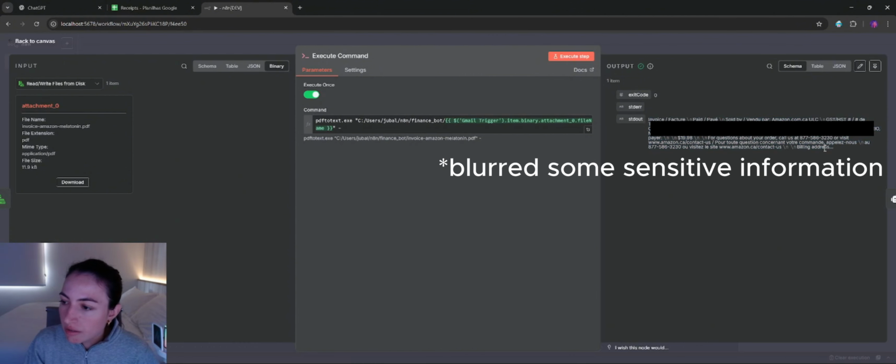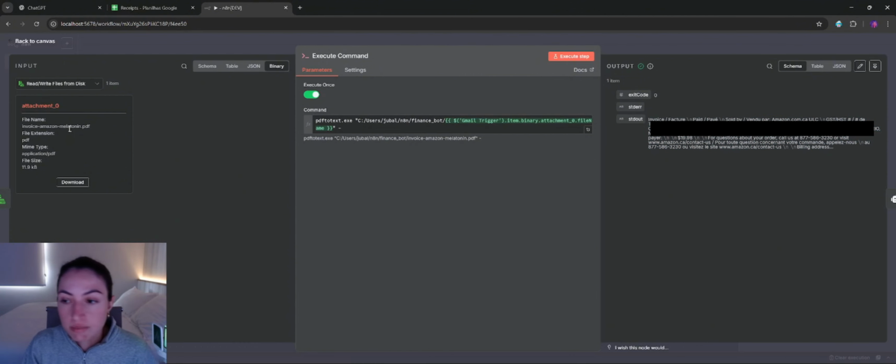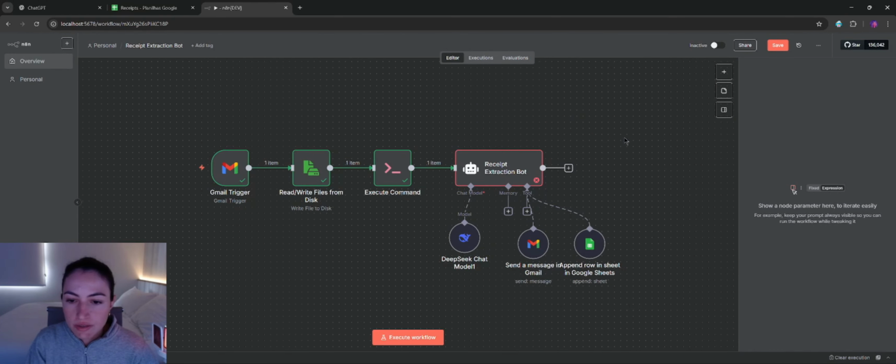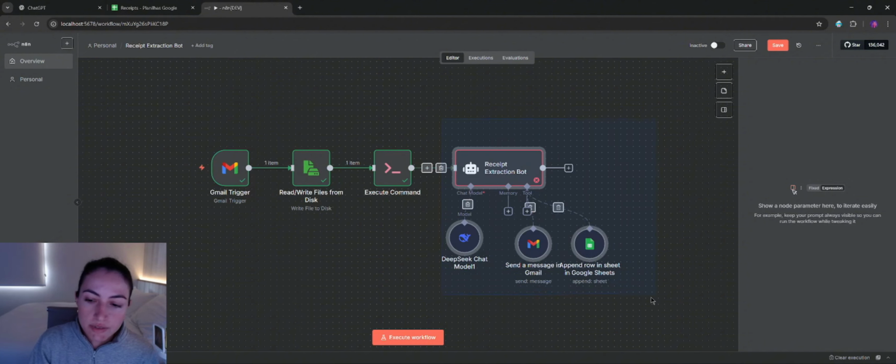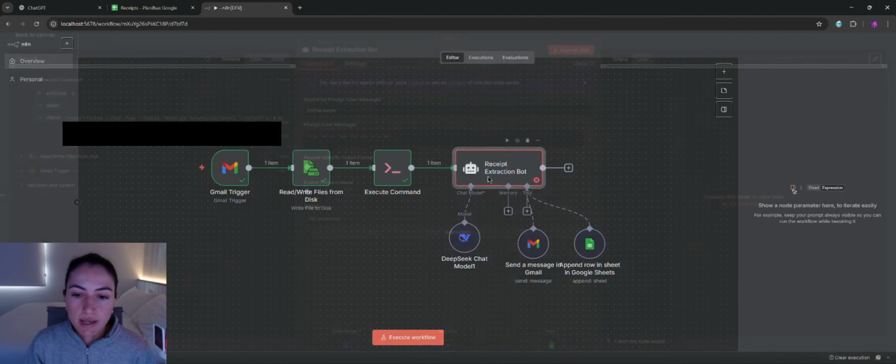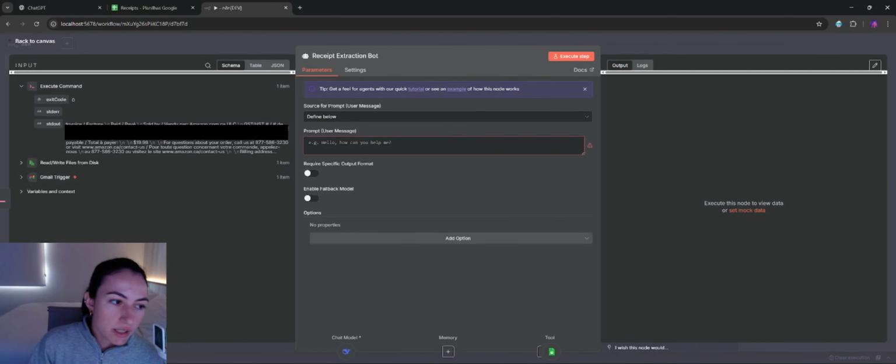We do have all the text extracted from the PDF attachment, and that text will be fed into this AI agent, and the AI agent will be responsible for extracting the key fields from that text into the Google Sheet. Okay, so now we've arrived at the AI agent part of our workflow, and here we have the text that we just extracted from the PDF,